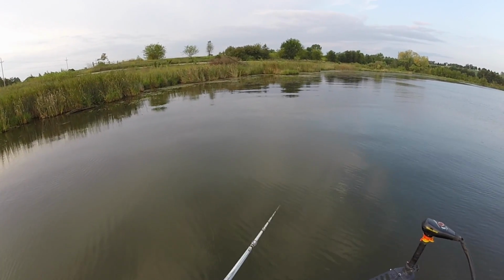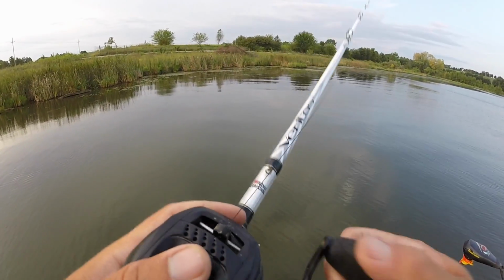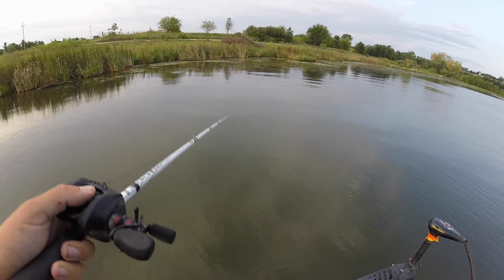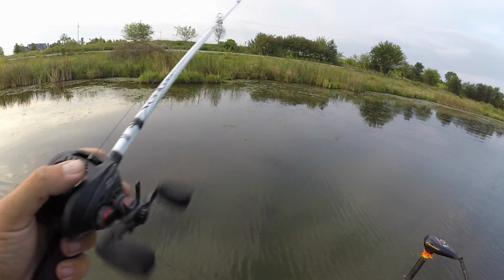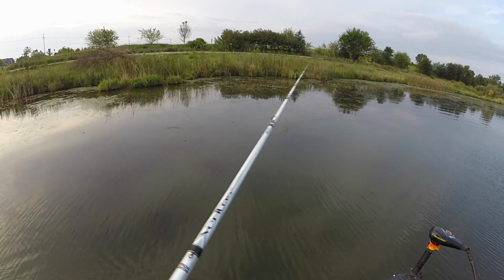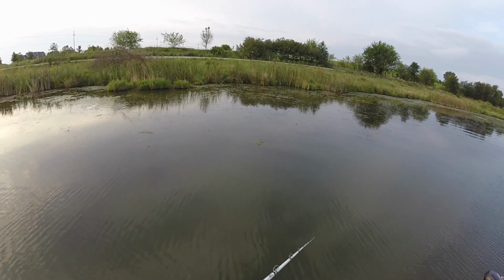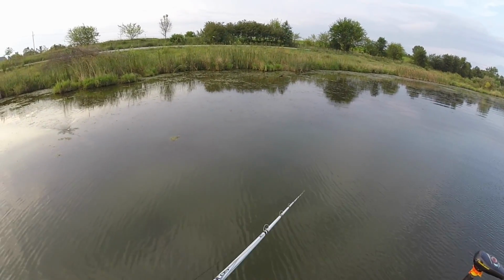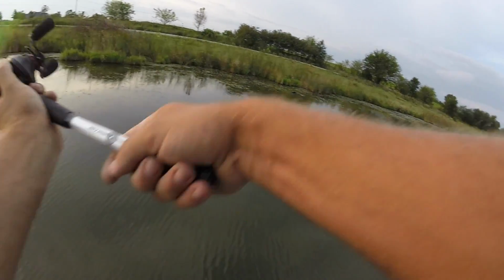Man, this lake is muddy, about the worst conditions you could possibly think of because this grass is all died off. So we might not catch any today, but hopefully I'll teach you a couple things about some cover to throw these baits in. Man, this grass is all dead right here. These are some terrible conditions. At least I see bugs moving around in this grass a little bit, so that gives me a little bit of an idea there's some sign of life,